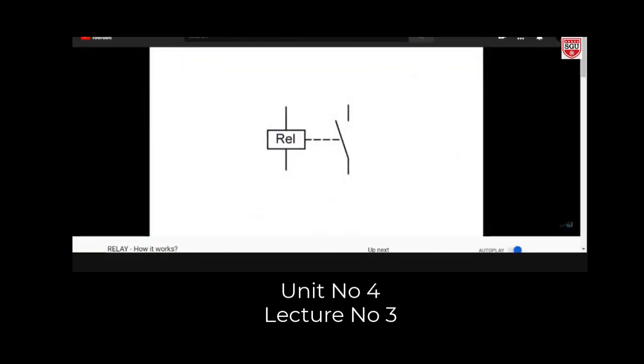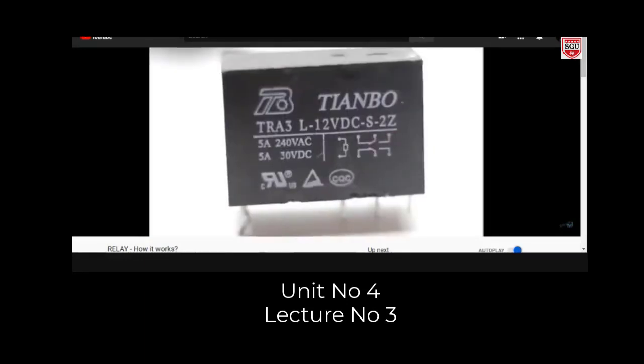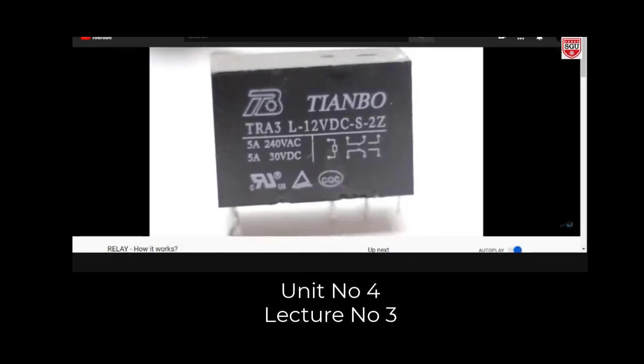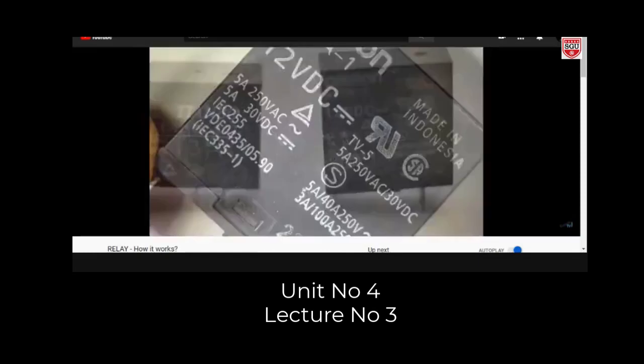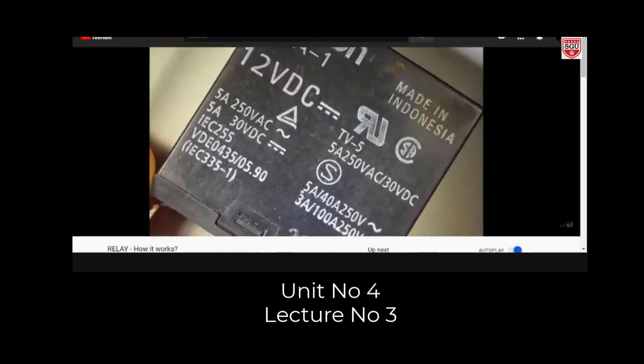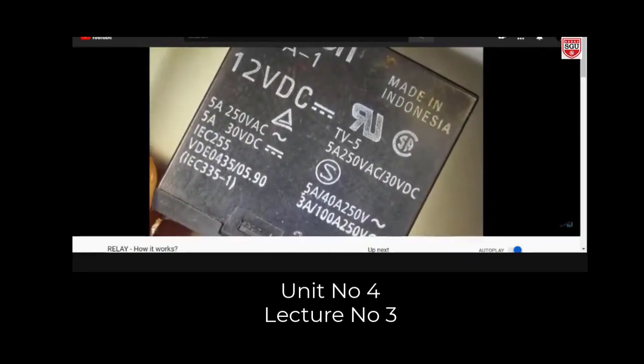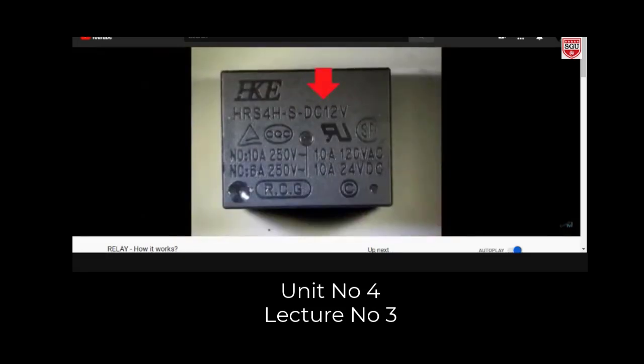In a diagram, the relay looks as follows. The square is a solenoid and a number of contacts. The main parameters are the relay coil supply voltage, and the maximum voltage and current across the contacts. These parameters are marked by the manufacturer on the body. Here we can clearly see that the solenoid is designed for a DC voltage of 12 volts, and the maximum current in the case of switching a network load can be up to 10 amperes.